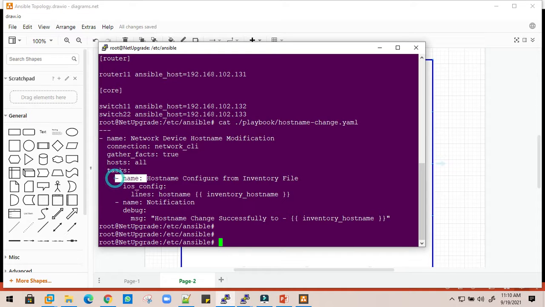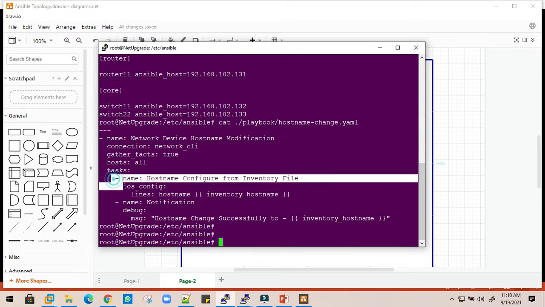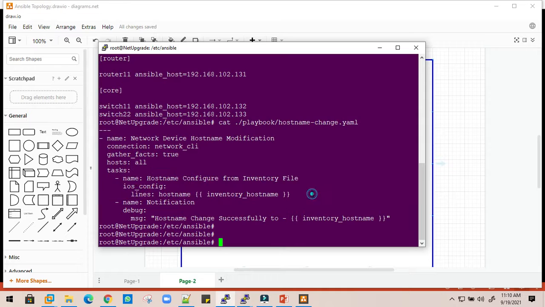The very first task starts from this hyphen and ends here, and it is named hostname configured from inventory file. It means we are going to use this ios_config module, and one of the lines, or functions we can say, specifies the command we are going to execute.